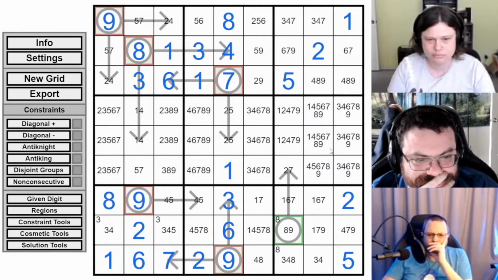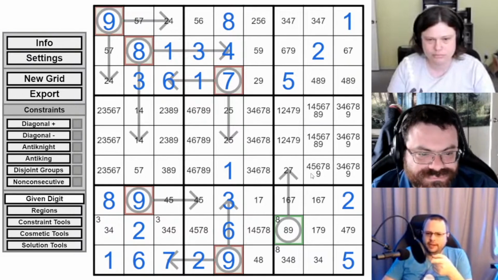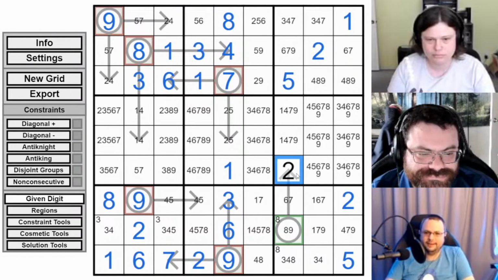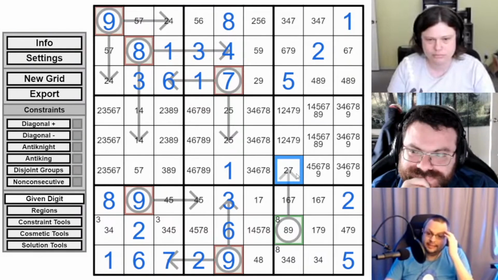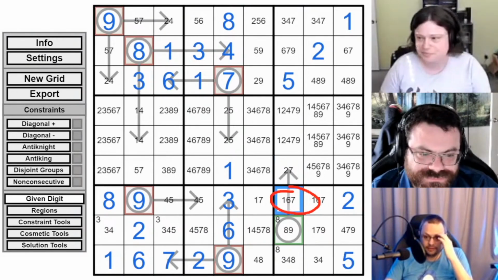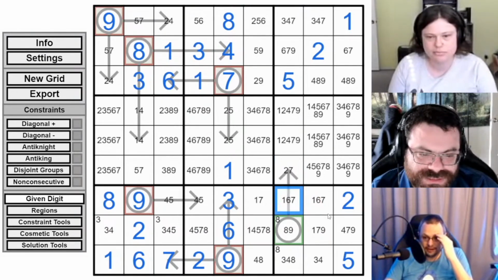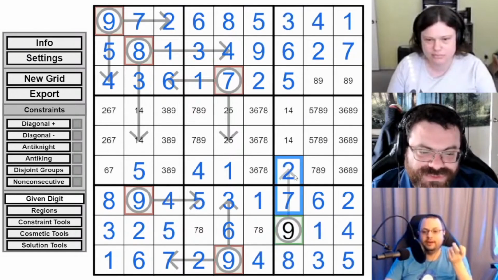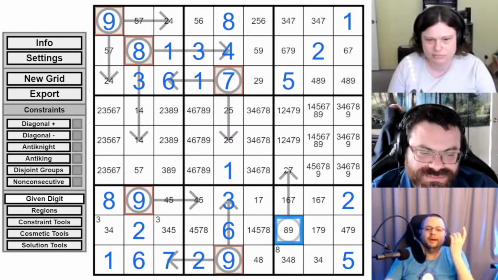Wait, is it true that if this is a 2, then that doesn't work? Can't this be a 2 with a 6 below it and then still make this an 8? You're right. I think actually we want to knock 6 out of this cell, right? If we knock 6 out of this cell, then it becomes impossible. No, because it could still be 1, 7. Oh boy, we've got a couple ways that this can work out to be 9. No, we want it to be 9. Sorry, 9 forces 2, 7. Yeah, sorry. We want it to be 9.